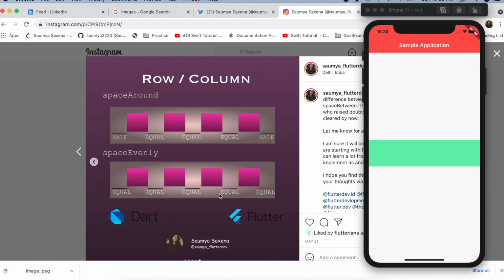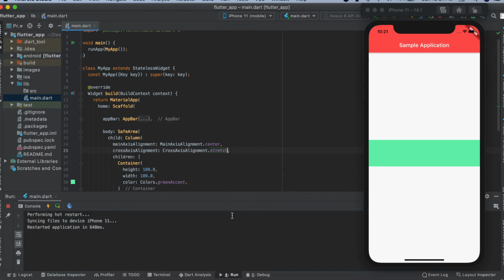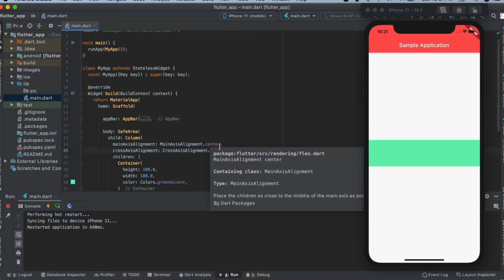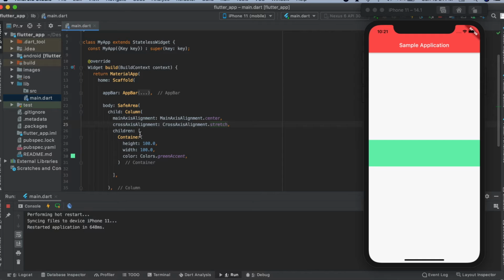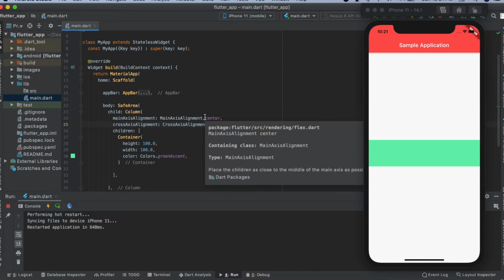Space around means you have some space here, some space here, and equal spaces in between your widgets. And in space evenly, we have equal spaces in between all the widgets, irrespective of the widget from your safe area also. So this is the difference between space around and space evenly. This was the main difference between all these things.